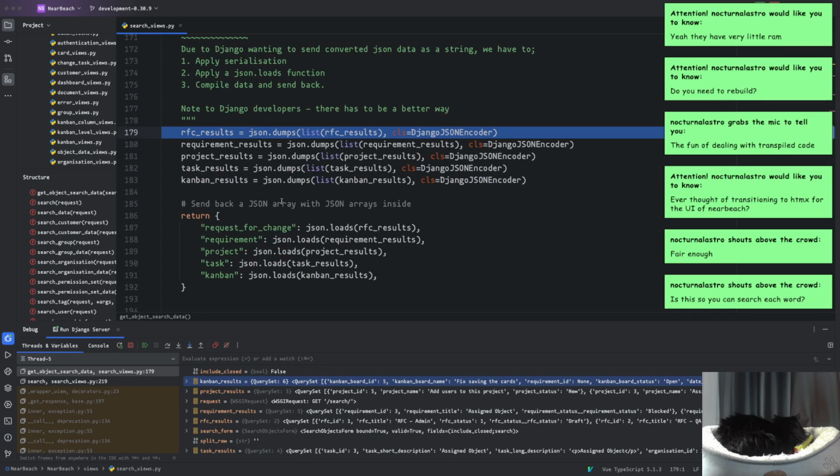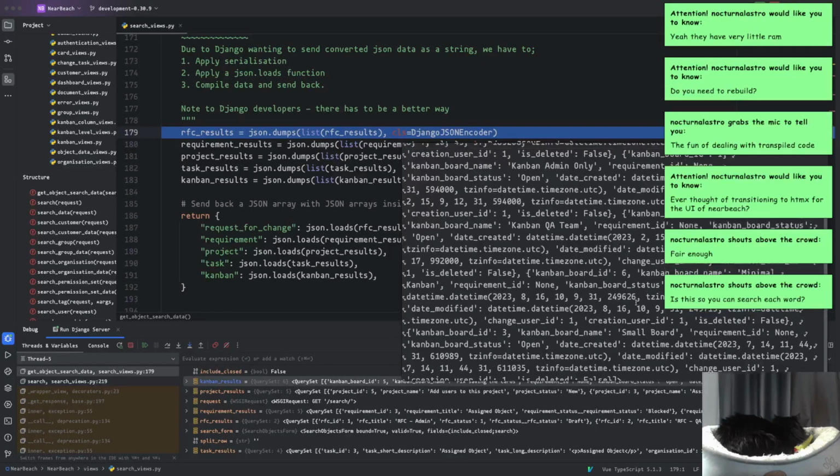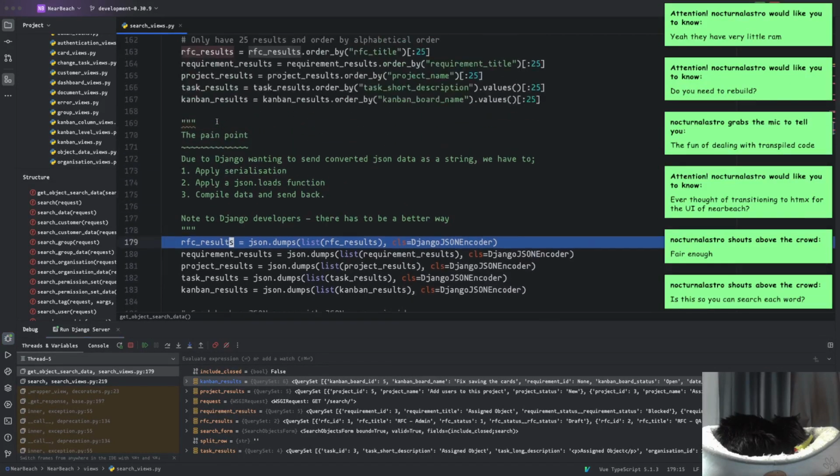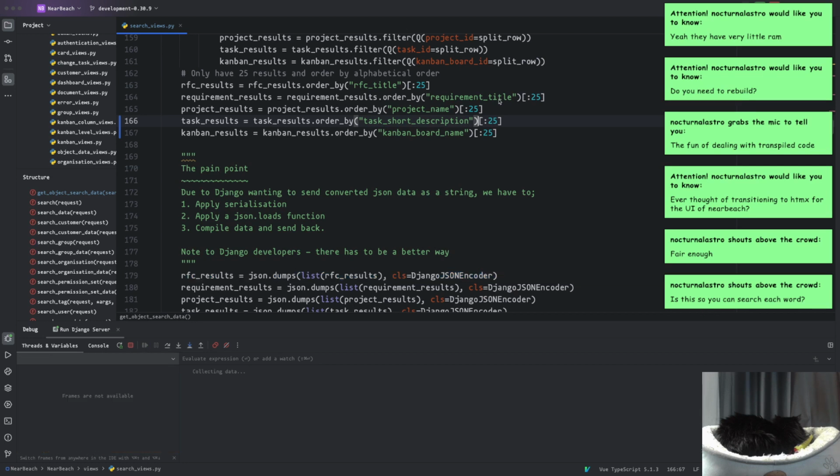And then we grab the Kanban results. Now it gets all of it. So got all of it from here. Oh, I see it. I include the dot values here, where it should be just that 25. Okay, so if I hit play, stop and rerun,